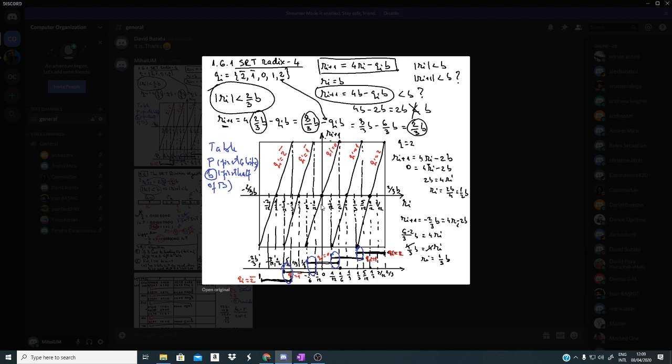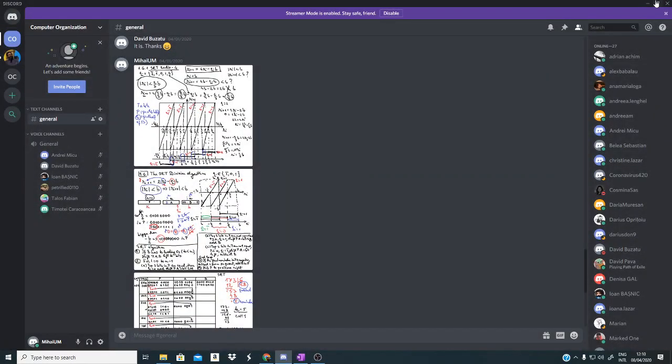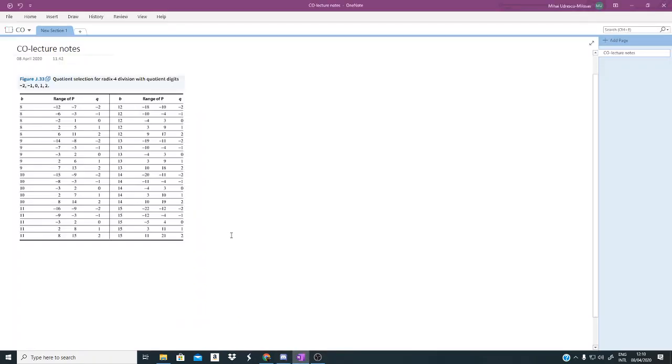Actually, we're interested in 6 bits from the partial remainder, such that we can see if we are between 1 divided by 6b and 1 divided by 4b, right? So we are within this interval or not. So when you put this together into this backtracking algorithm, the result is here,